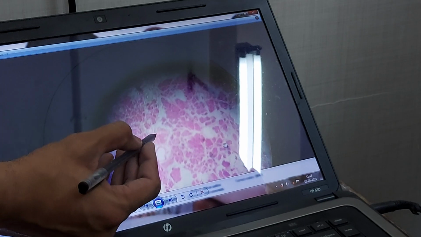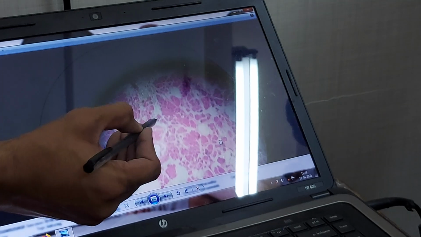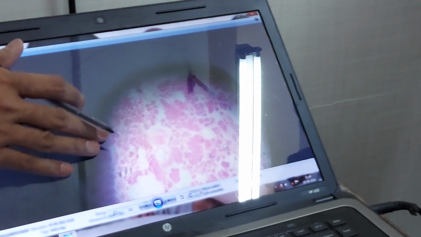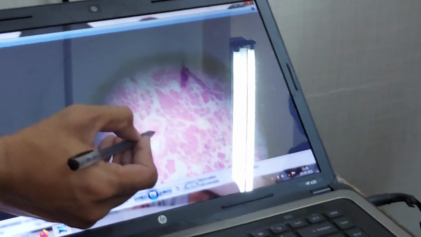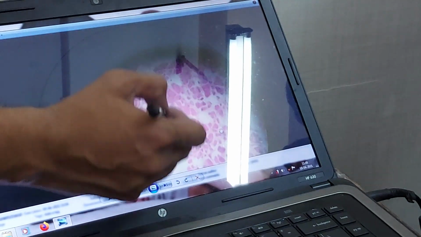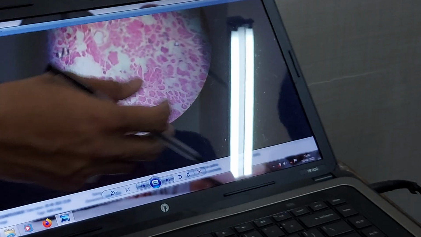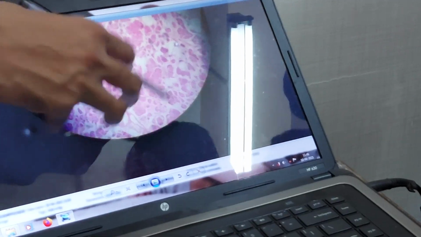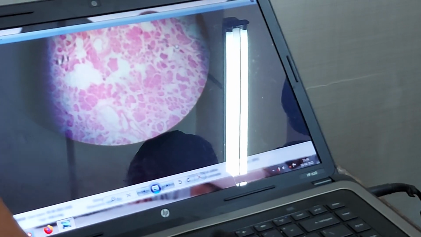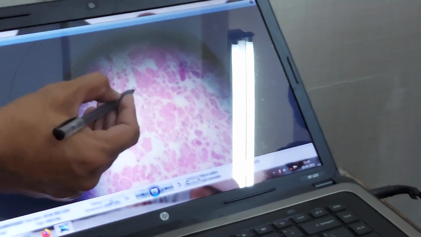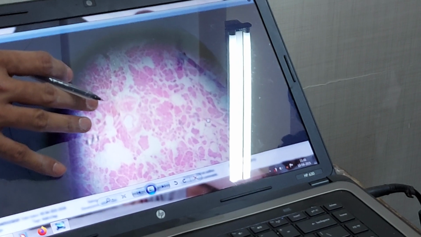And this doesn't contain any ducts. I'll show you how the ducts will appear. There are no ducts within this part, and it is separated by connective tissue and multiple uniformly arranged dark stained cells. This is a light stained cluster, and these are dark stained cells. And these cells are having ducts over here. So this part must be the glands which contain ducts, the exocrine part, and the cluster which has connective tissue around it and no ducts. So obviously endocrine part. So this is an example of a mixed gland.